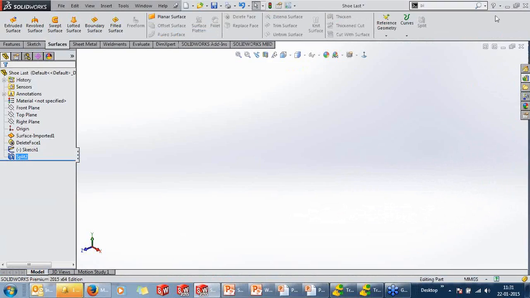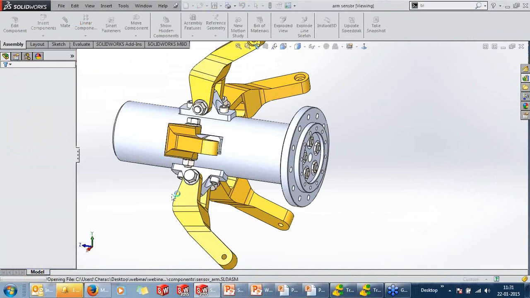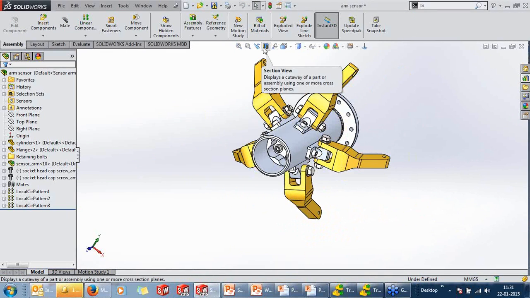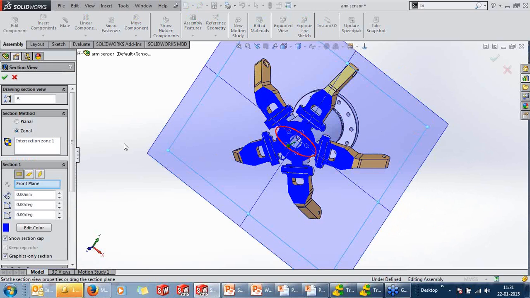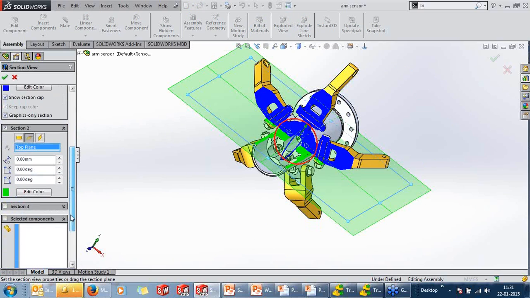Switching into SolidWorks, you can see an assembly in here, wherein we can now create sections. You can specify 3 different section planes now, and add another plane.